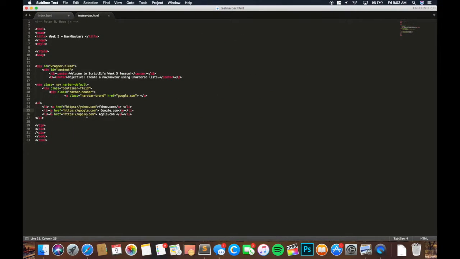So we've created our nav class and the container and the header and the brand, and we just finished creating our unordered list. So that should be about it. The next step is to close everything and then